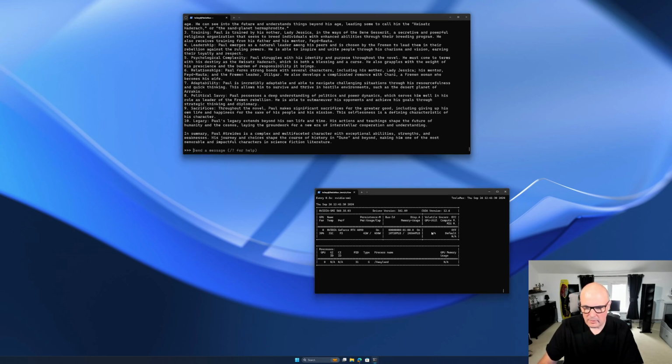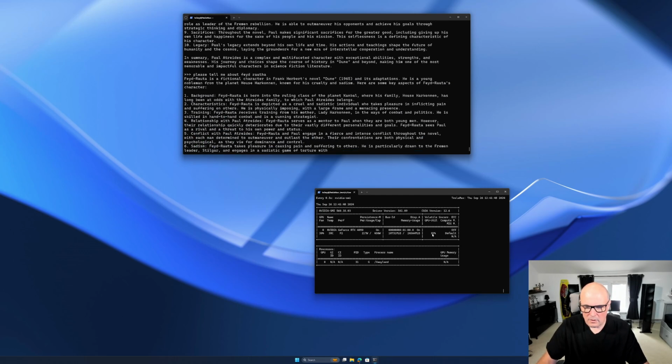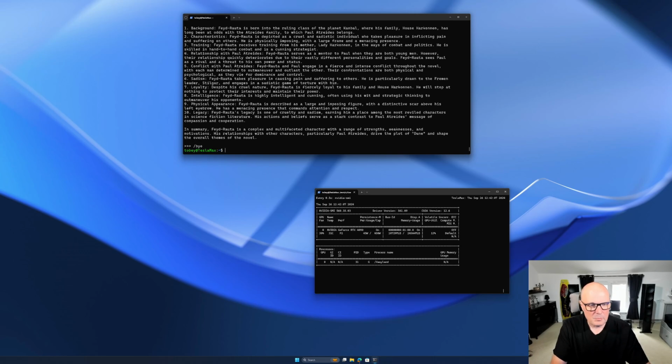Now if we keep our eye on this percentage here, I'll ask it another question. So please tell me about, let's try Fade from the Dune universe as well. And there we go, and all of a sudden our GPU spikes and we get lots of information, and then we return back to normal. So we are actually using the GPU to run our large language model. So this is great. To exit this, we just do /bye, and that will take us back to our Linux